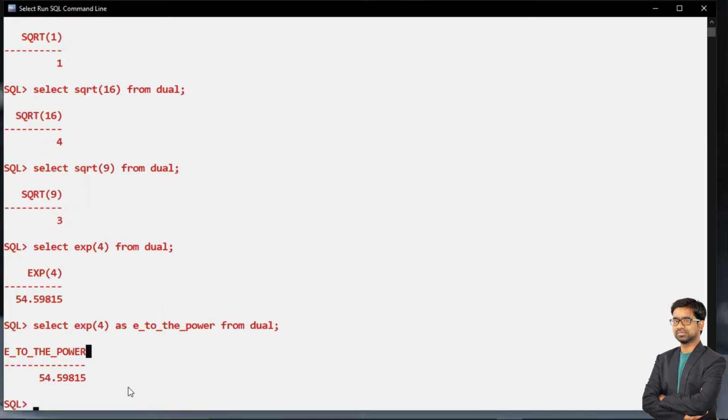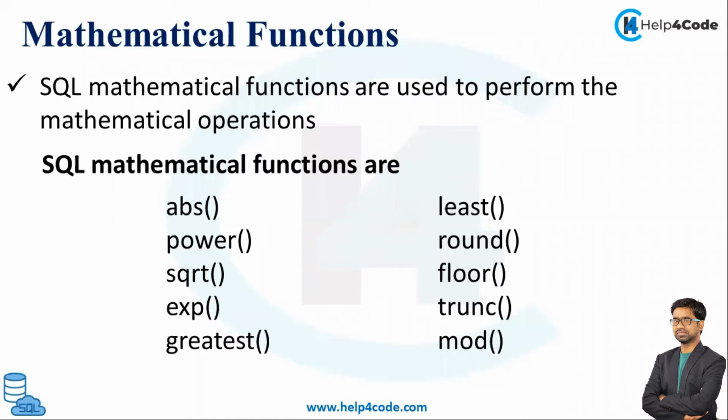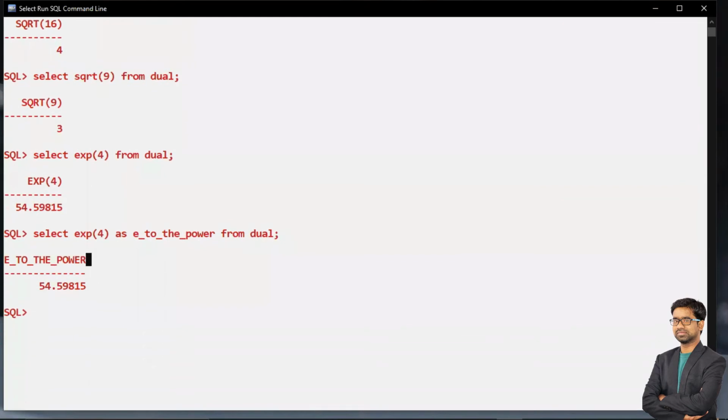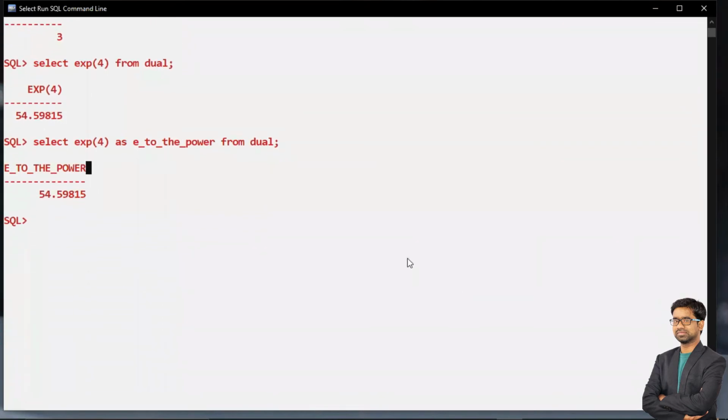Then next, what function do we have? We have the greatest function. What do you mean by the greatest function here? The greatest function will return the greatest value of the list of arguments. So we have to pass a number of values here first, and then it will return the largest value, the greatest value.